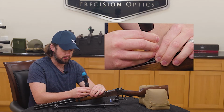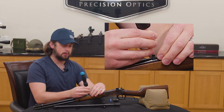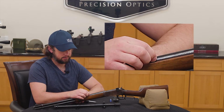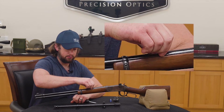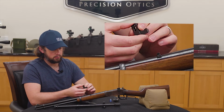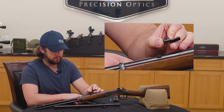Okay, maybe, I'm thinking about it. Now that that's centered, tighten it up, and it seems pretty stable to me. Next step, we're going to put this strange looking block on there. This completes the offset,